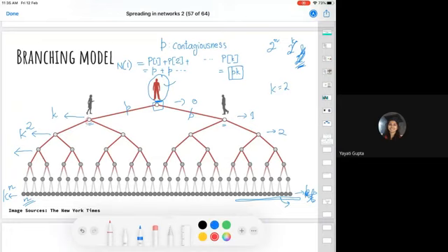Now assuming that this node gets infected at the first level, it will again produce p into k expected infected individuals at the second level, and so on. If you do a little bit of math here, you can figure out that the expected number of people infected at the nth level turns out to be (p into k) to the power of n. In the branching model, we call this p into k the reproductive number, like we saw for the compartmental model. Here it's the formula for the reproductive number.